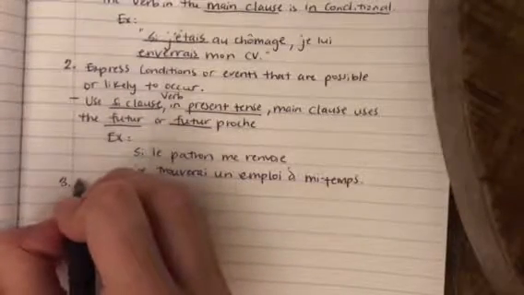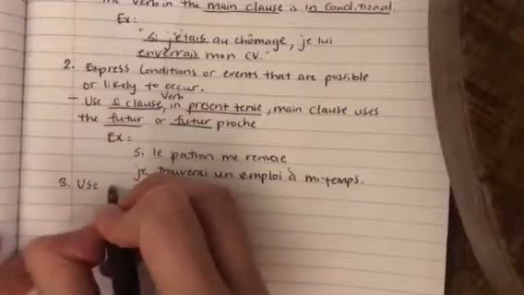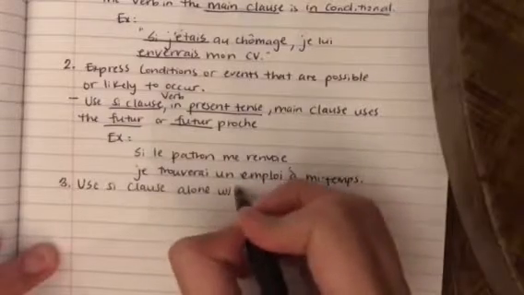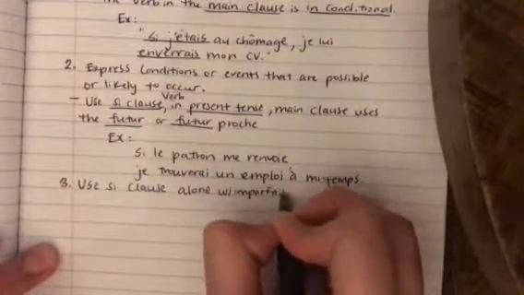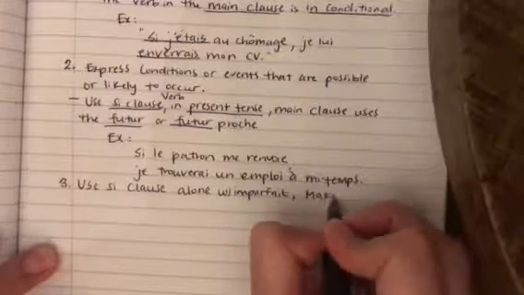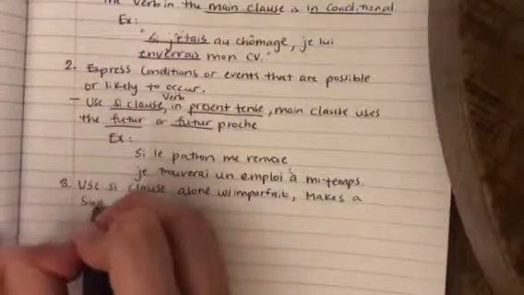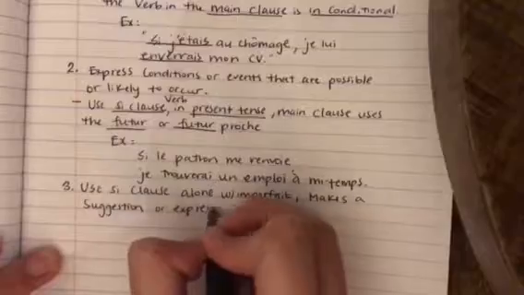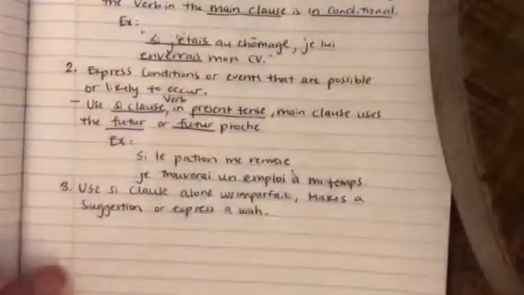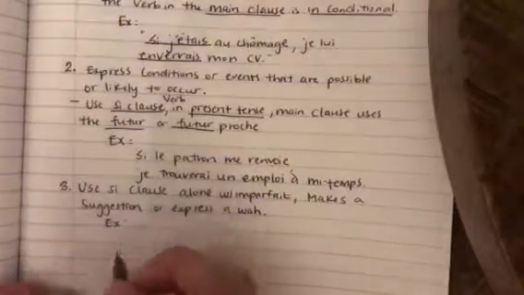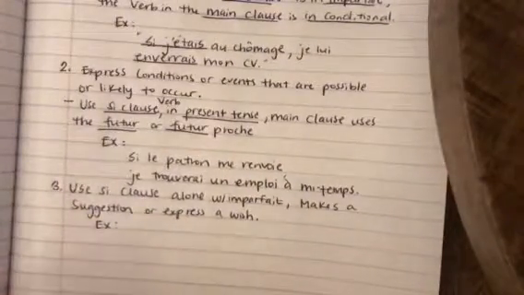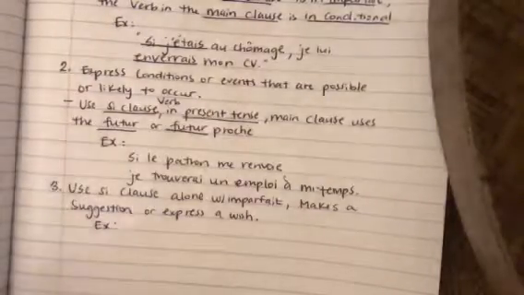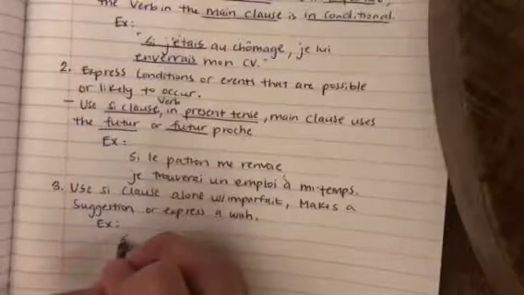is you can use the si clause alone with the imparfait, and that makes a suggestion or something you wish or want. All right, so quick example here. If you were like, man, oh, if only he had a better job or he got a better job, okay, we could do,